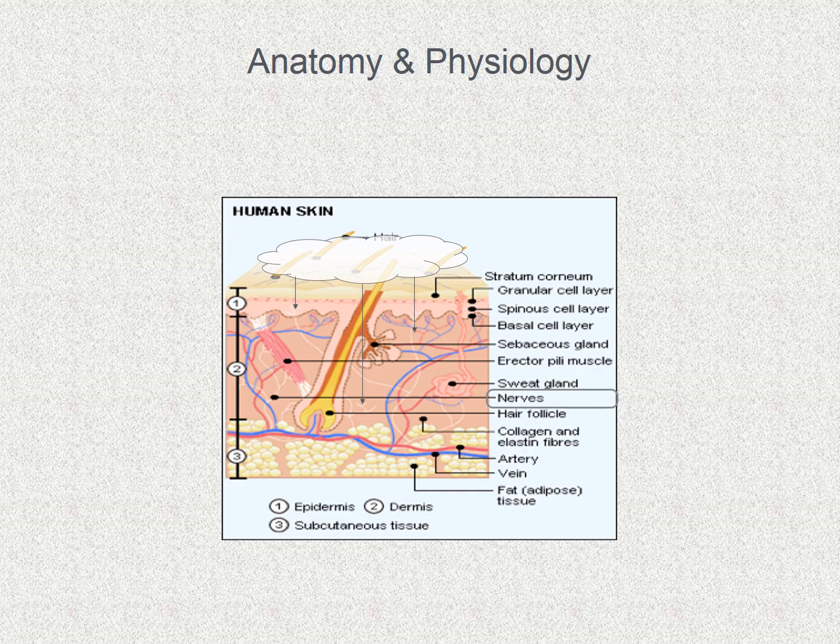So when we think about applying a local anaesthetic to the skin in the form of a topical anaesthetic, i.e. a local anaesthetic in a cream, ointment, gel, maybe even a liquid at the surface of the skin, firstly, it's got to get through that outer layer. It's got to get through the stratum corneum, and it needs to get at least as far as the granular layer to have any pain